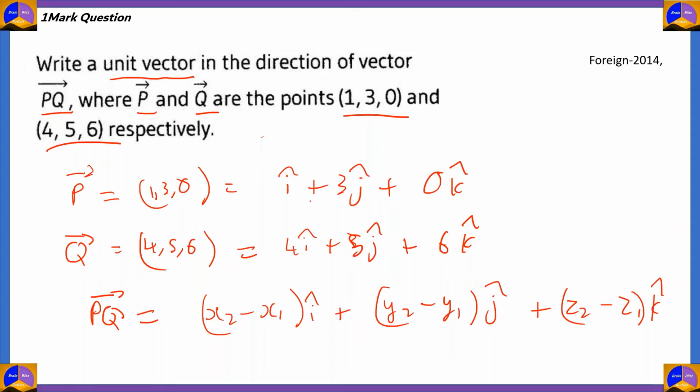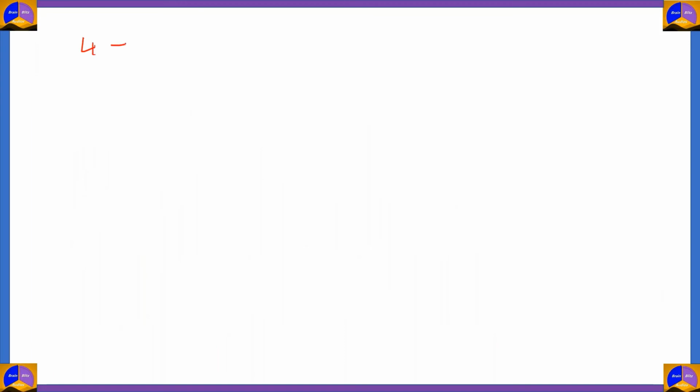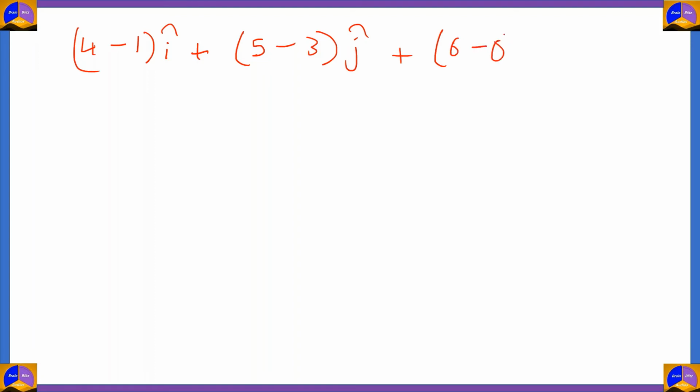And so now we plug in the values. x2 is 4 minus x1 is 1, so 4 minus 1 i, plus for j cap it is y2, 5, minus y1, 3, and for k, z2 is 6 minus z1 is 0, k cap. So therefore we have 3i plus 2j plus 6k